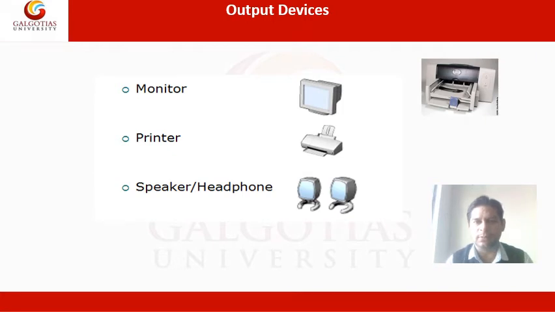Similarly, when we talk about basic output devices, we have monitors or screens. Suppose your laptop screens are there, if you are not using a desktop system. We have printers, speakers, and headphones. So all these are the output devices. I'm not going into detail because we will cover these things in the next lecture, in which I will explain in detail the working of various input and output devices.